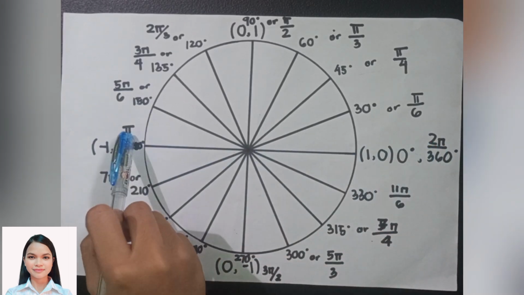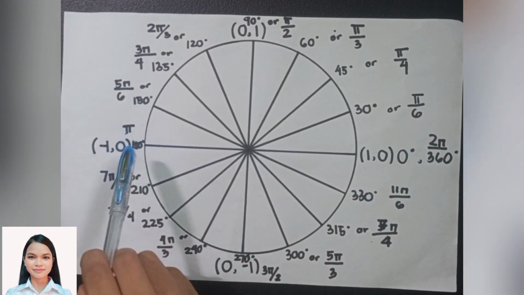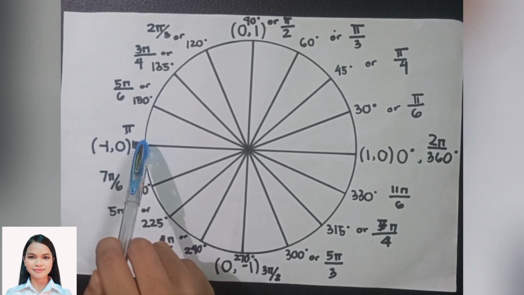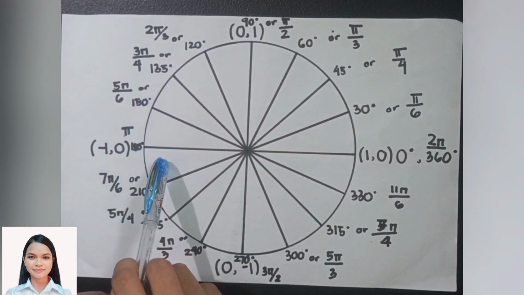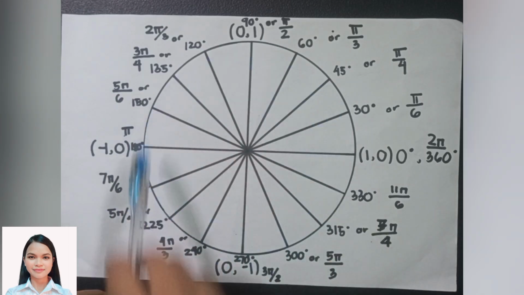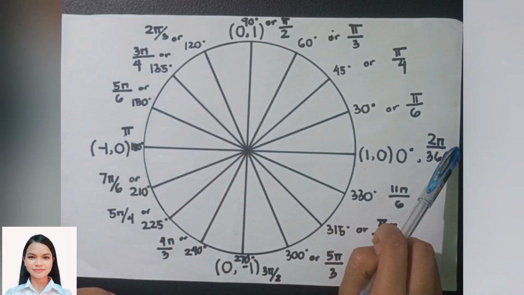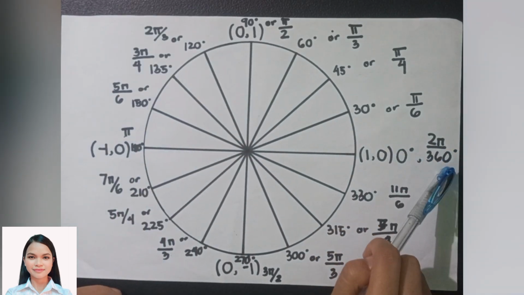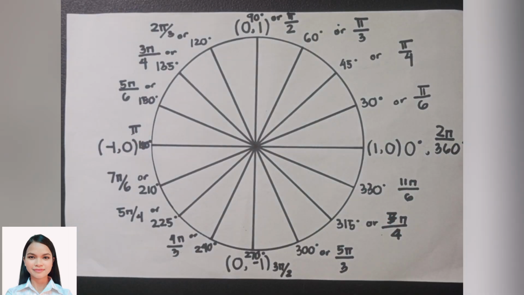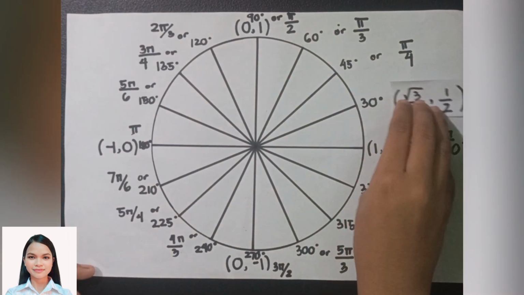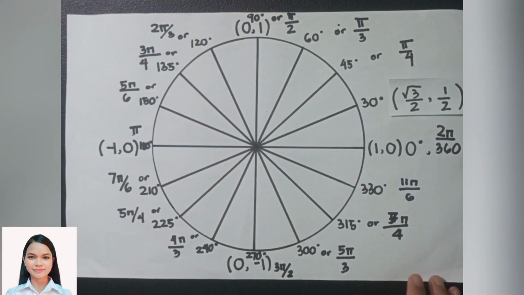So pi is equivalent to 180 degrees, which is a half unit circle. So if there are 2 half unit circles, it will be 2 pi or 360 degrees. For the x and y values of each angle, 30 degrees is equivalent to square root of 3 over 2 and